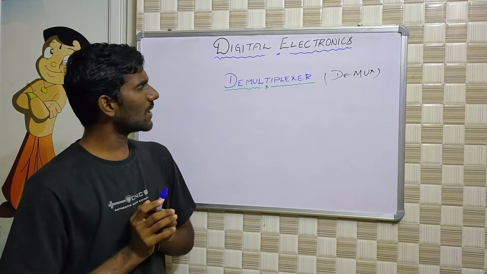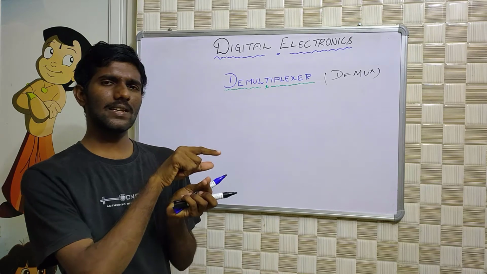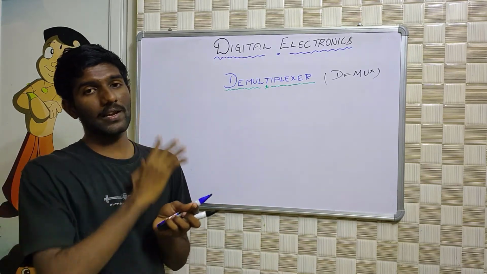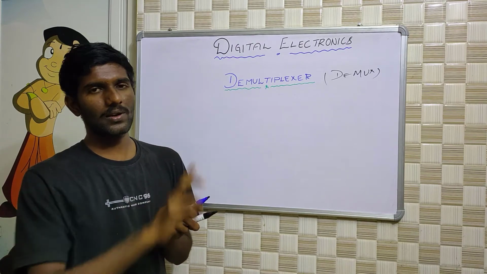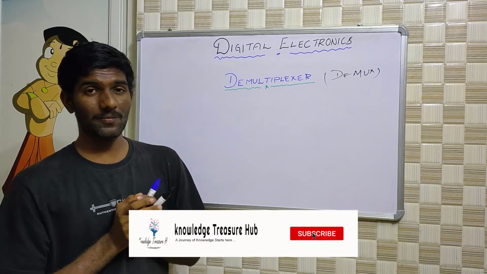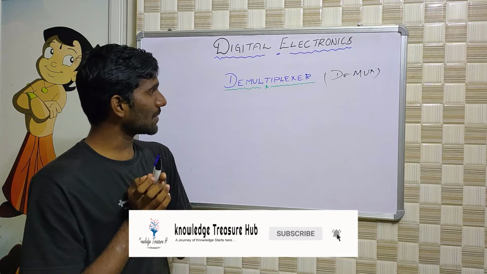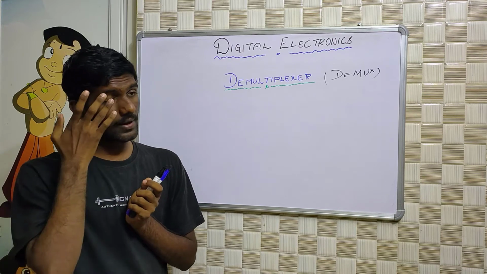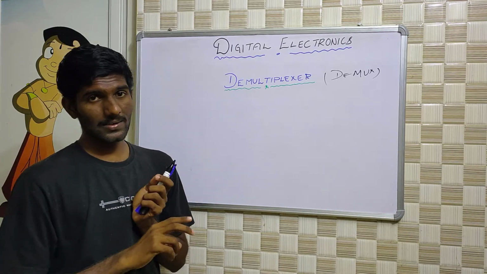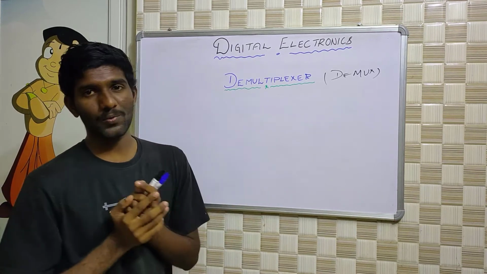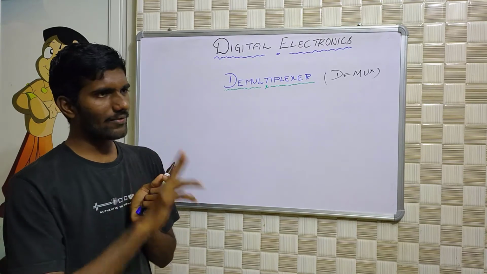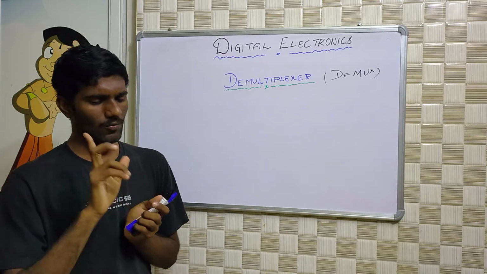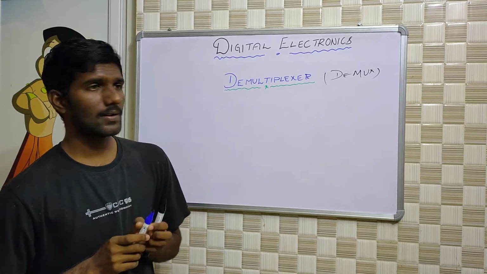Generally, what the multiplexer will do is select one of its inputs to the output, right? So there will be 2 power n input lines, 1 output line, and n selector lines in the case of a multiplexer. But when it comes to a demultiplexer, there will be only one input line. Based on the selector lines, the input goes to one of the outputs. So there will be 2 power n output lines, n selector lines, and only one input line, right?